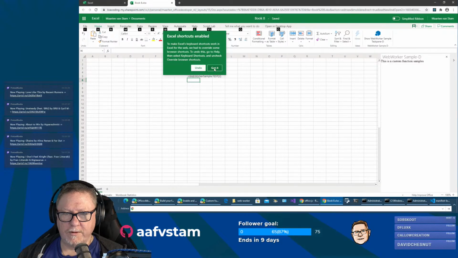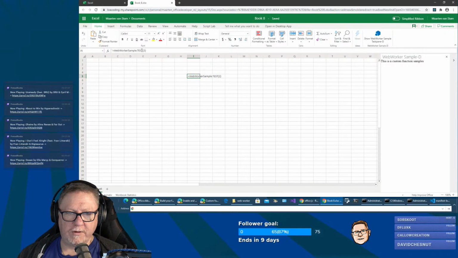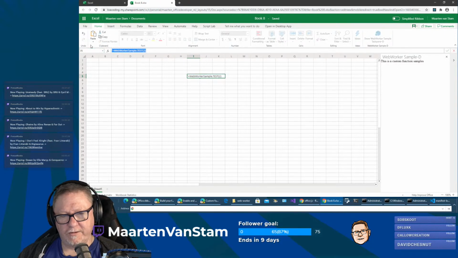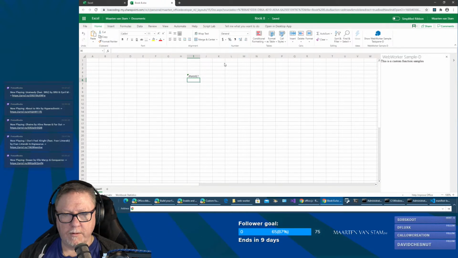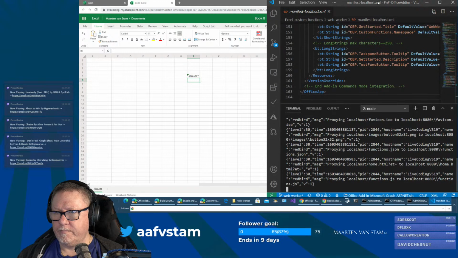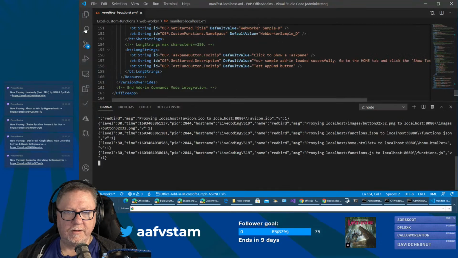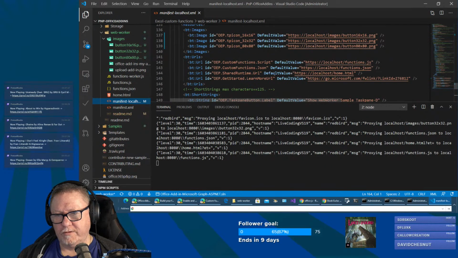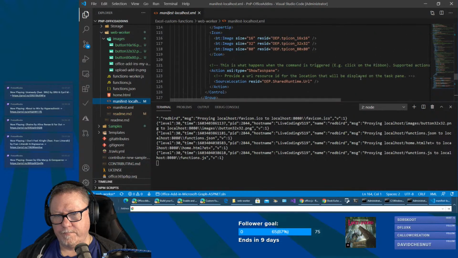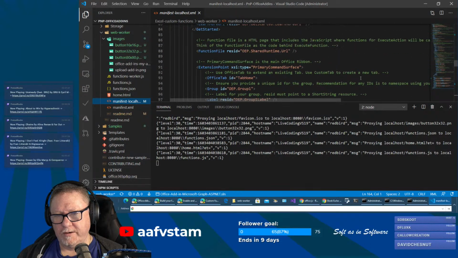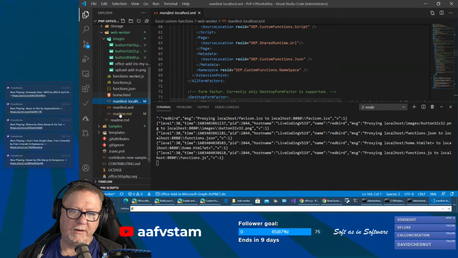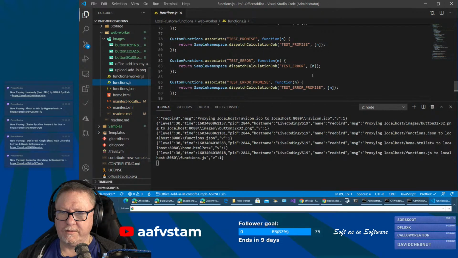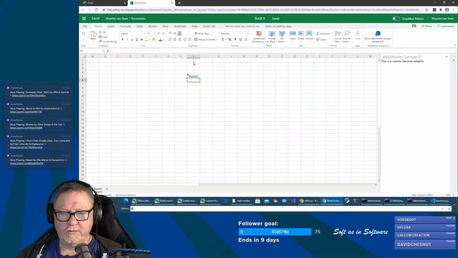Oops. Got it. Oh, and I pasted it in as a value again. Come on, guys. Still not working. Let's see if we can get some debugging in there. Where's the function? The function defined in... Is it defined in... Let's see here, I think. They are. So you're using the function